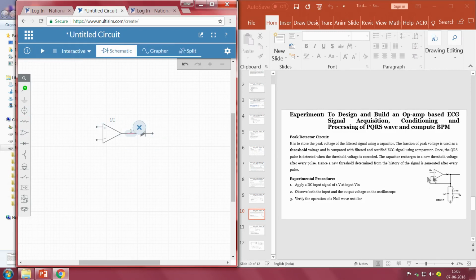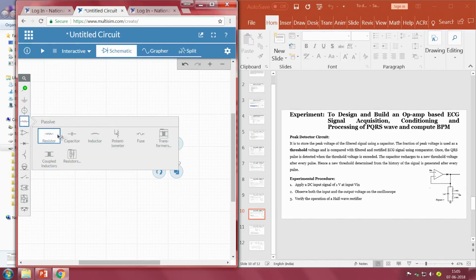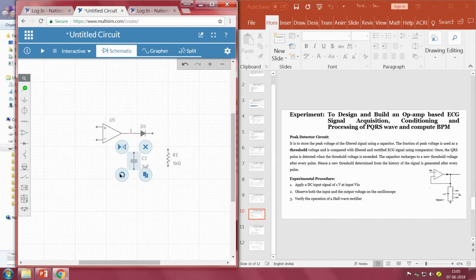Then we will take resistors as well as a capacitor. I am taking a resistor, one more resistor, and a capacitor too. So, the capacitor is also there, then this resistor, right. These two have to be connected together.